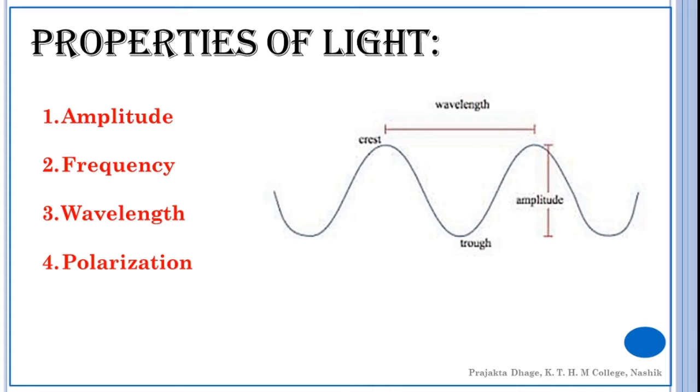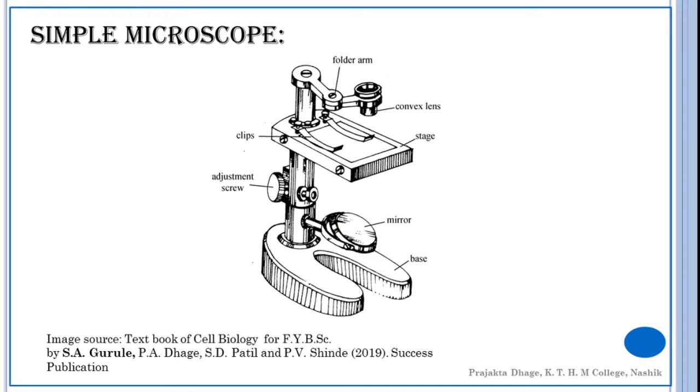Now we will see how these microscopes work. So basically we are seeing the principle of microscopy. The human eye has a limitation. It cannot resolve an image which is less than 5 microns. So we require the microscopes for studying cells. Now let's see a simple microscope, which is a single lens.